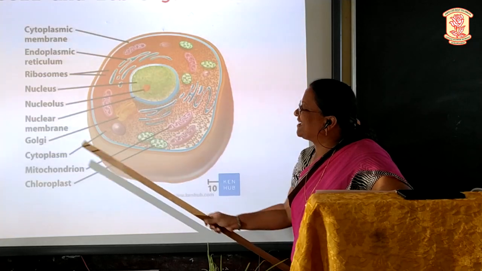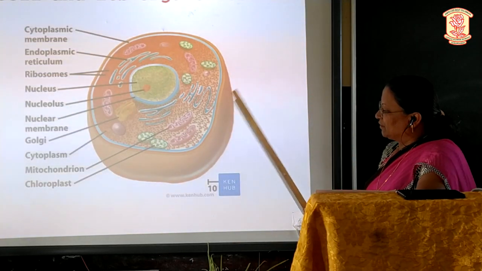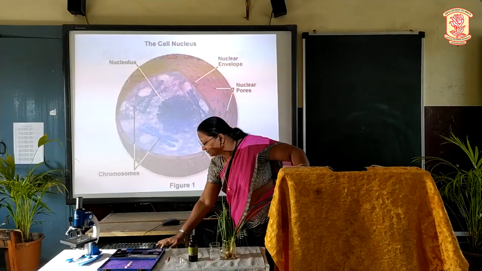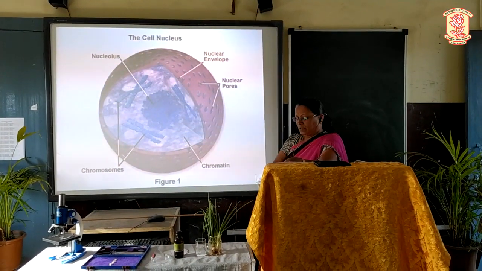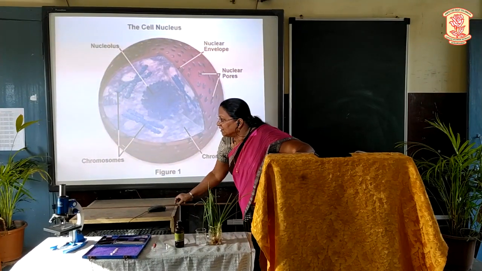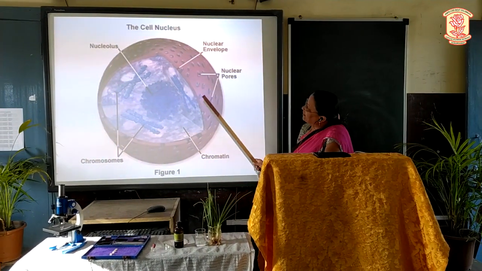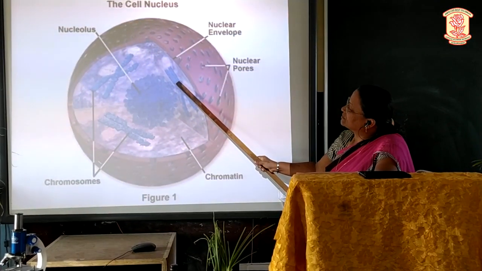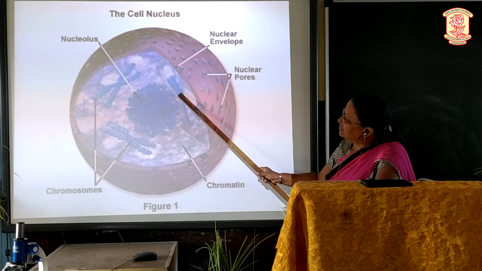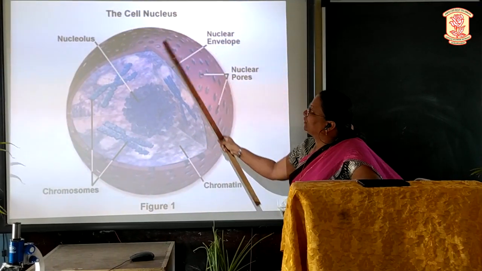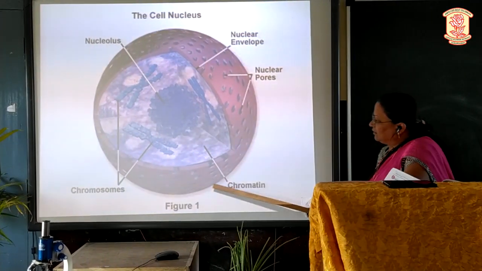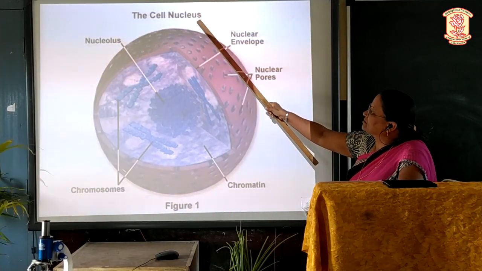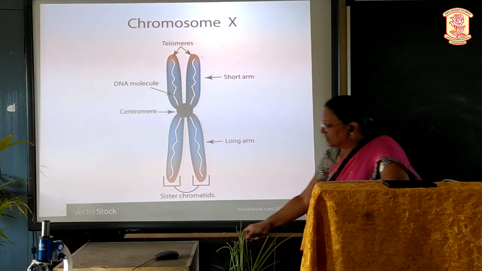Now with this as a basic concept, we proceed further to the cell division process. This cell division process basically takes place with the help of the chromosomes. So, first and foremost, we will get acquainted with the nucleus of the cell. Can you see the circular figure over here? This is the nucleus. In the nucleus, you have